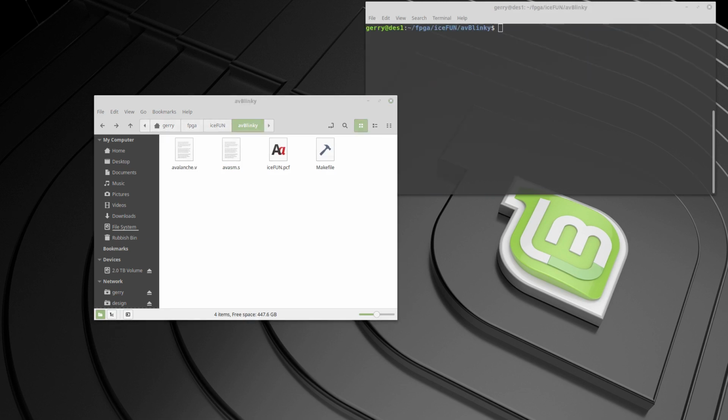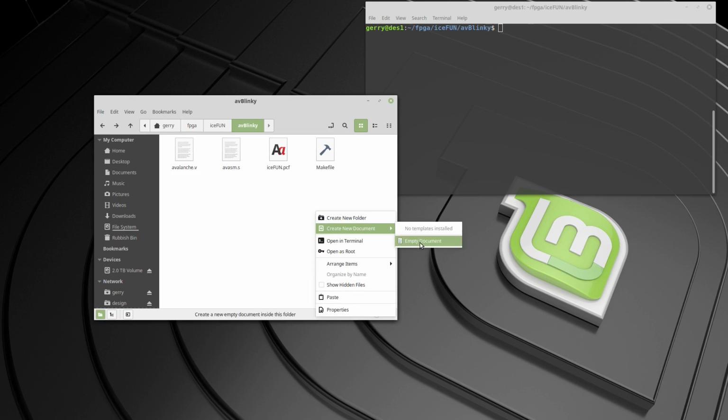Now we need to create a couple of files. The first is the assembler source code to blink our LED, and the second is the top level Verilog file, which will instantiate our CPU and connect it to the LED. The first thing we're going to do is the assembler source code. So I'm going to create a new document and call it